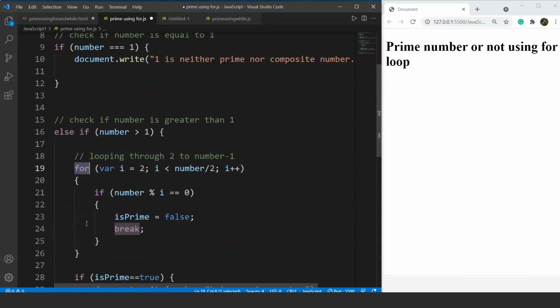Here you can see we have initialized a variable i and the initial value is set to 2. That's because any prime number is divisible by 1 as well, right? So it won't make any sense to include 1 here. We'll start from 2 and we'll check until the value of i becomes half of the value of number. If we take an example of 10, we'll check until 5, because any number greater than 5 won't divide 10, right? It's practically not possible. So we'll check for number by 2, or we can say we'll check till 5 only, and the value will be increased by 1 every time.